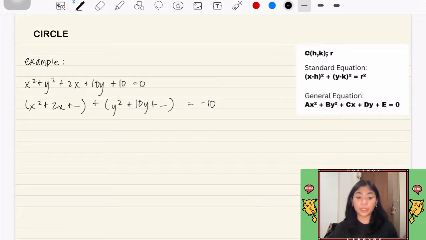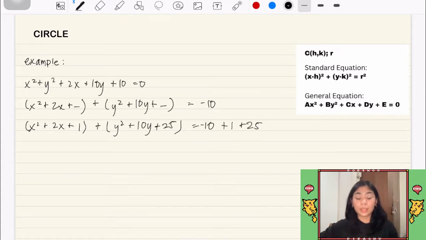Next is to complete the square of the groups by adding perfect square numbers. Always add them on both sides to make the equation balance. Thus, it will be x squared plus 2x plus 1 plus y squared plus 10y plus 25 equals 10 plus 1 plus 25. Then, we will be adding the numbers on the right side of the equation